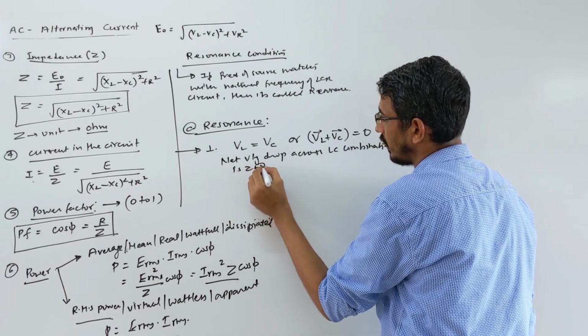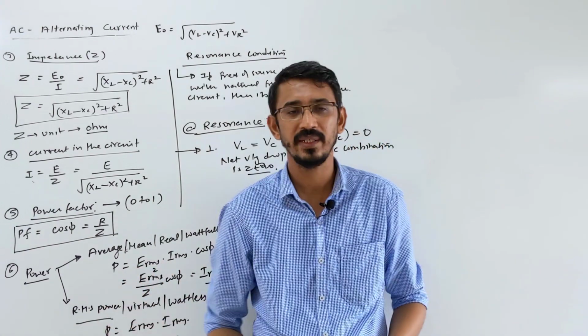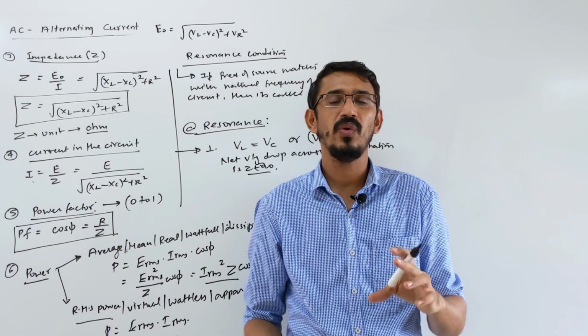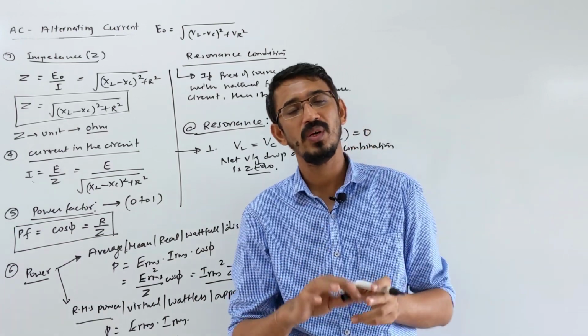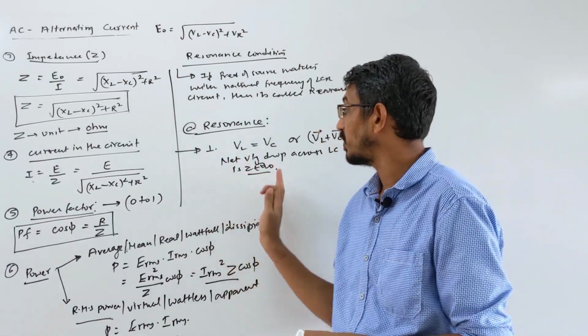This is your resonance. This question they have asked many times. In words also they can say that some voltage is supplied, and that the voltage across the inductor is 300 volt and the voltage across the capacitor is 300 volt, meaning the resonance condition. Sometimes they give this question in terms of a picture.